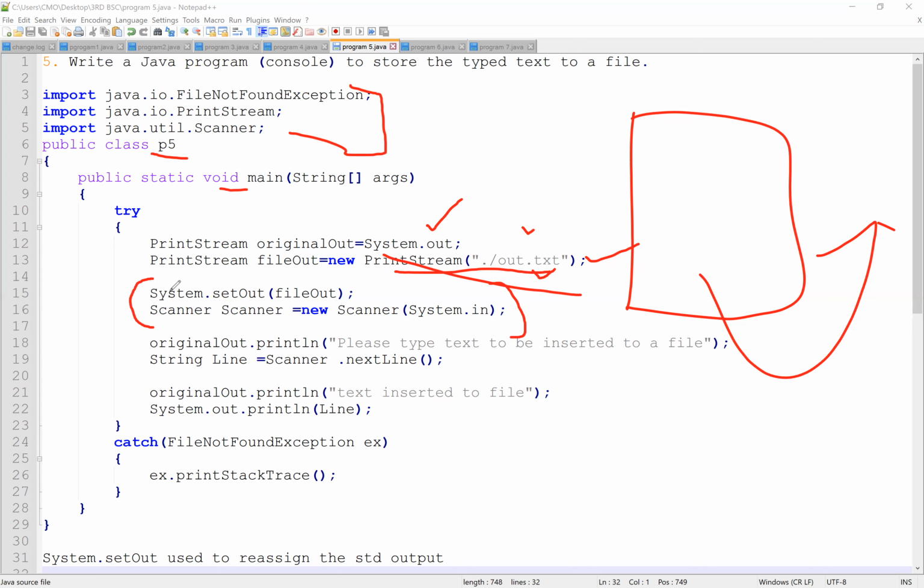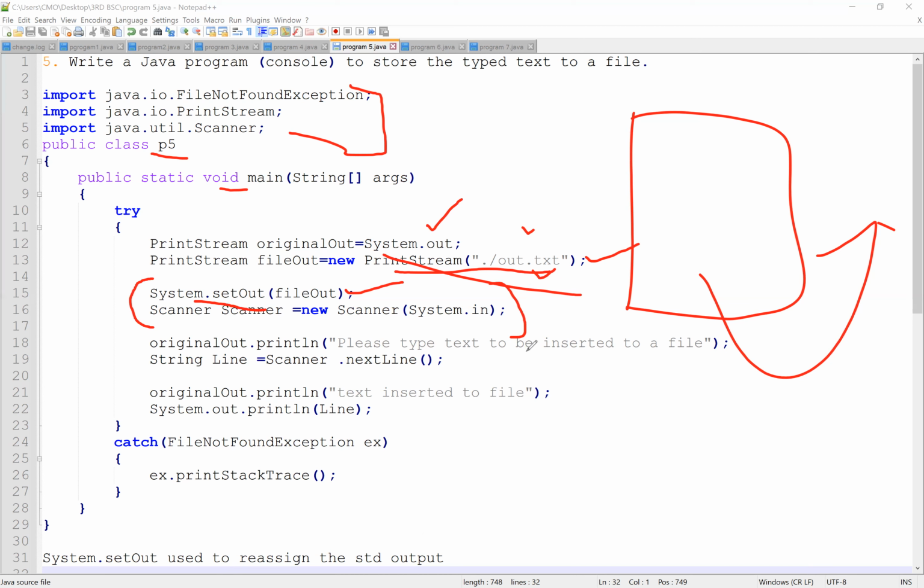For that we need to use System.setOut. System.setOut will be used for what purpose? For reassigning the standard output. If you want to reassign the standard output, you can use setOut. System.out means standard console.